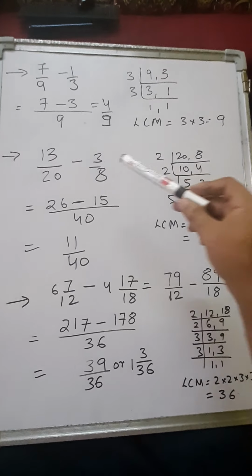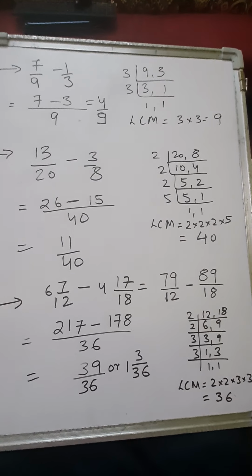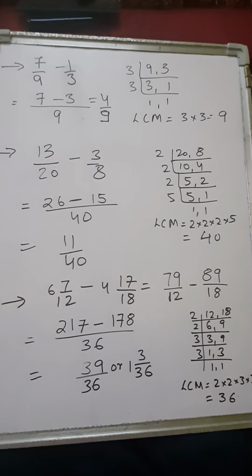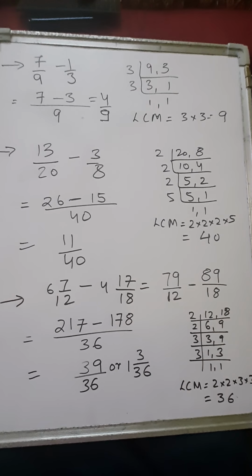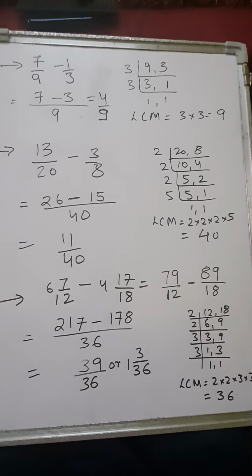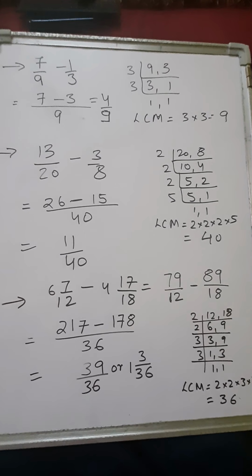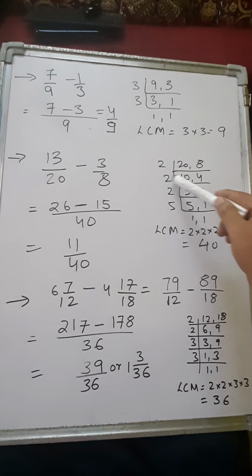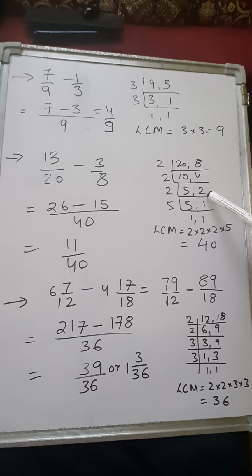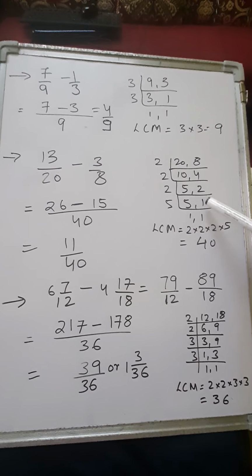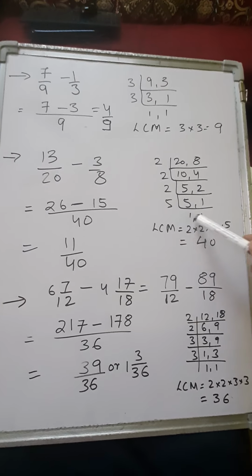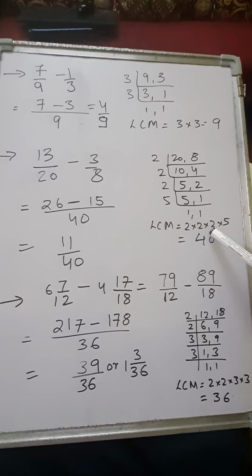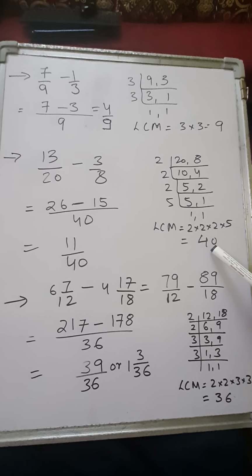Let's see another sum. Here we have to subtract two fractions, 13 upon 20 minus 3 by 8. Okay, so you can see 20 and 8 are the denominators of the two fractions. If you take the LCM of 20 and 8, what will you get? 2 tens are, 2 fours are, right? Again divisible by 2, 2 fives are, 2 twos are, again divisible by 2, 5 is not divisible but 2 is divisible, 2 ones are 2, again 5 ones are 5, so 1 has come. Finally, what is the LCM? 2 into 2 into 2 into 5, 2 4s are 8, 8 5s are 40. So the LCM is 40.